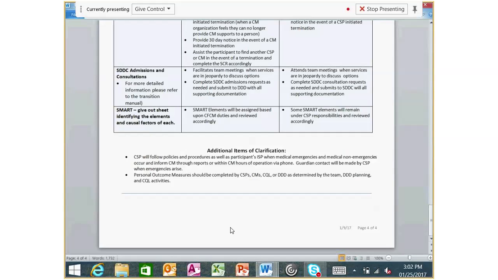The last thing that we want to touch on, at the bottom of our roles and responsibilities document, you'll see a couple additional items for clarification. So the first one is that the CSP is expected to follow their policies and procedures as well as the participant's ISP when those medical emergencies and even the non-emergencies occur, and keep that case manager informed through the incident reports or via phone call or email, and that the guardian contact should also be made by the CSP when those emergencies